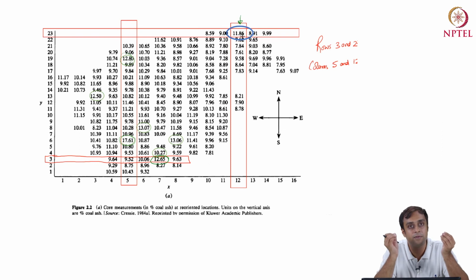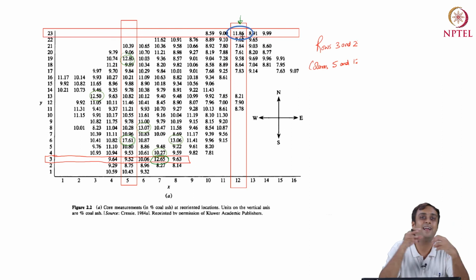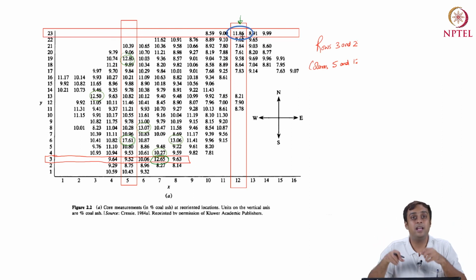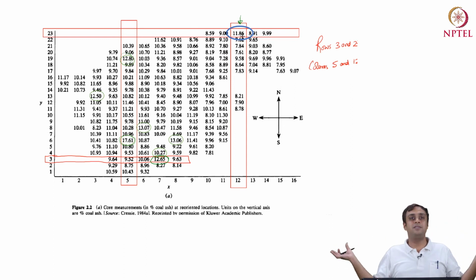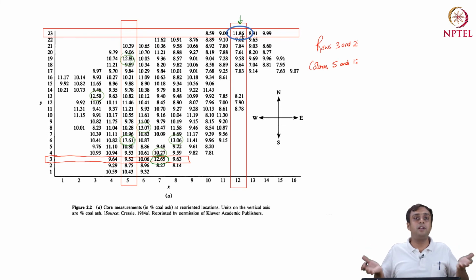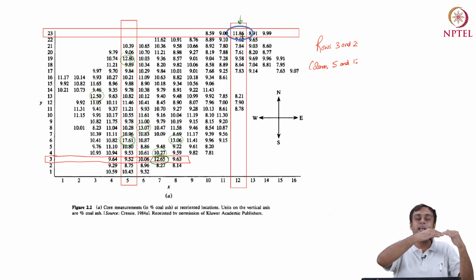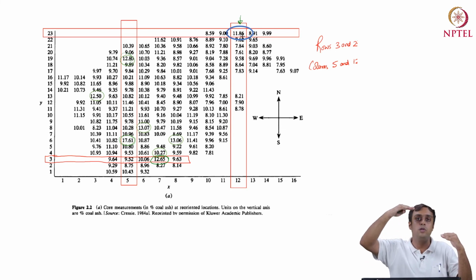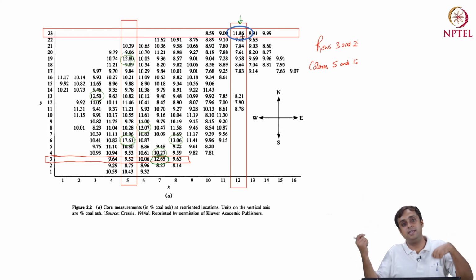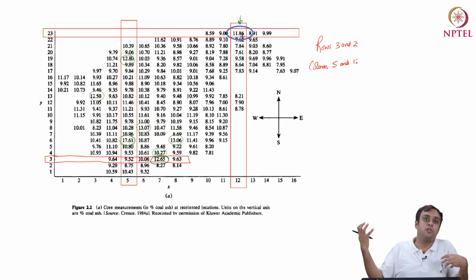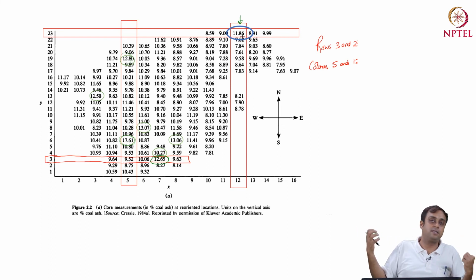This points to a very important difference between spatial data and non-spatial data. In space, we are comparing the values from our neighbors and saying, look, we are sampling coal. How different are you going to be at a particular location? Can you be really different? You can have a gradient where the coal ash percentage is slowly rising towards north, south, east, or west. It can be a trend.